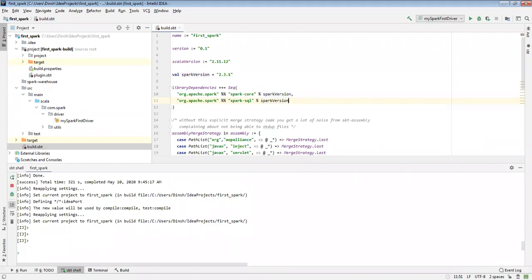If I add it now, it will re-import everything and take time, so that's the reason I didn't add it. Here you want to mention the version and everything. So that's it. When you're creating the project, whether you are creating SBT or Maven, it might be one of the initial interview questions when you talk about your project.